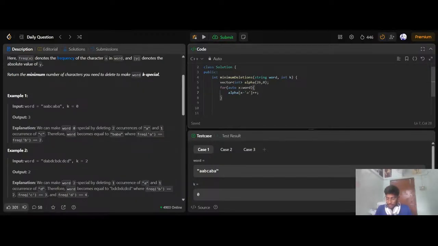This will give me the frequencies. Also, I'll keep one more array in which I will keep the frequencies. So vector int frequency, and for auto x of alpha,